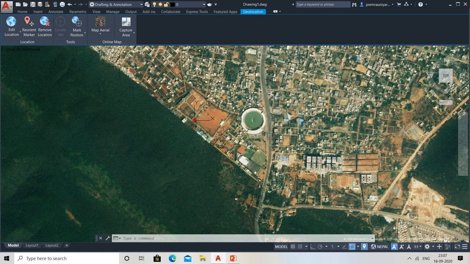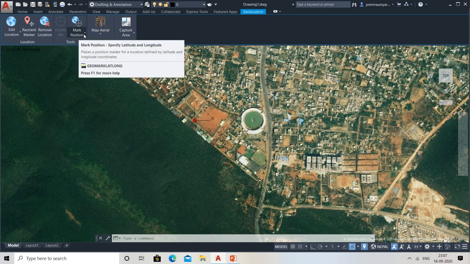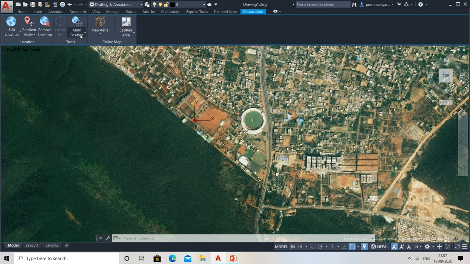See, and I need to tell you some of the commands here. You can see this is edit location. So this drop mark which I have set here can be edited. So reorient the marker. If I do this, I can reorient it, meaning I can move it from one place to another again. Remove location, this location will be removed, so I need not do that. Now mark position, that is not the matter.